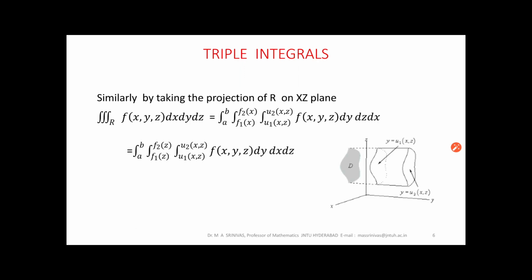Yeah. So here, these are the functions of x and z. That means there are the limits for y. Here you never get y, right? So,